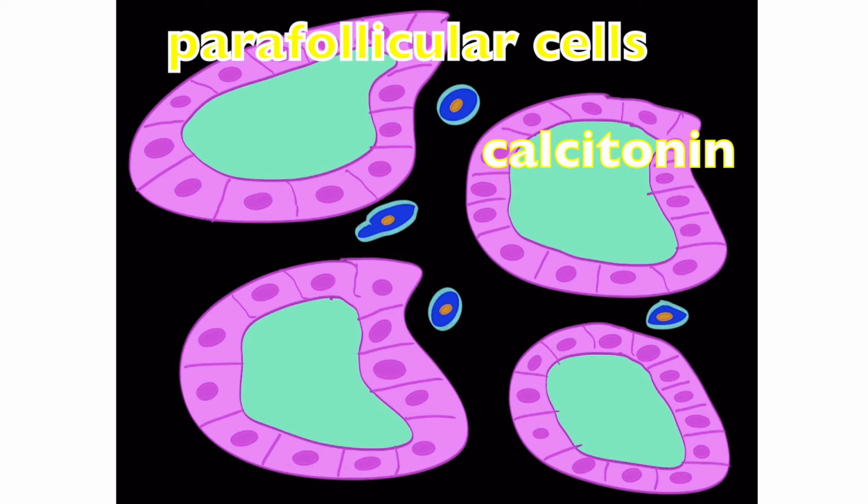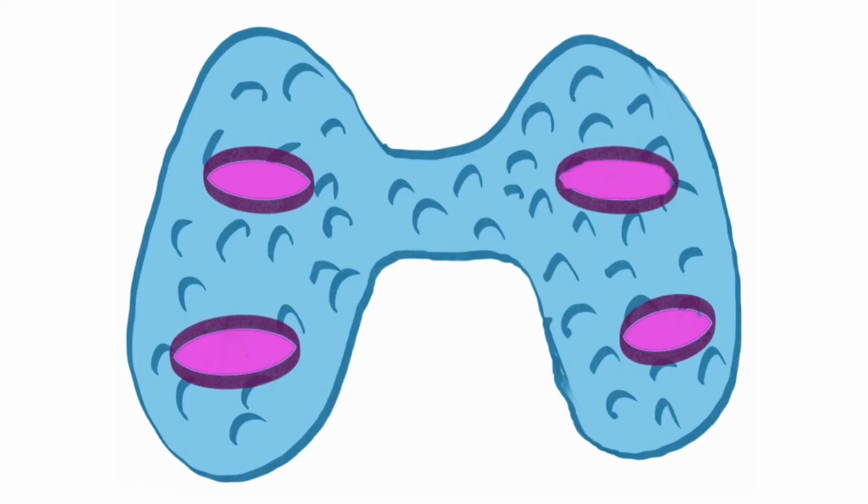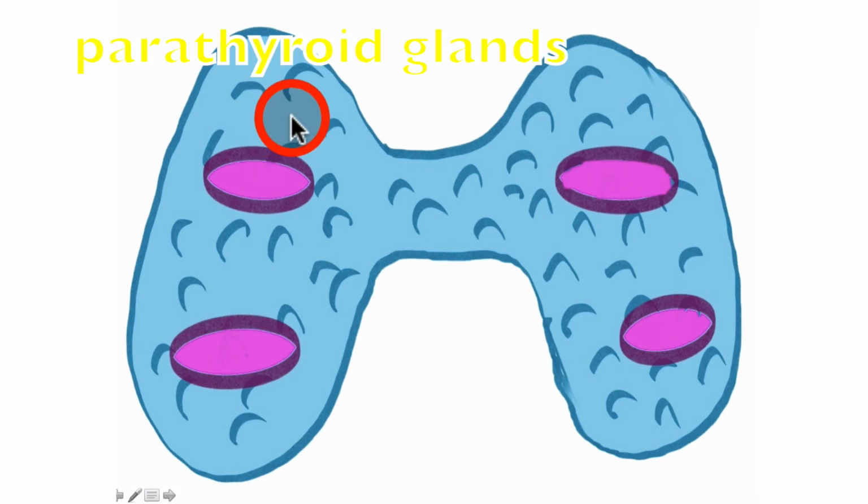Calcitonin is a signaling molecule released into the bloodstream. Calcitonin is released from these parafollicular cells during times of elevated blood calcium. And calcitonin will cause that blood calcium to be stored or deposited in bone. If we look at the posterior aspect of the thyroid gland, we're going to find parathyroid glands. Officially, they are not part of the thyroid gland other than they are embedded on the posterior aspect of the